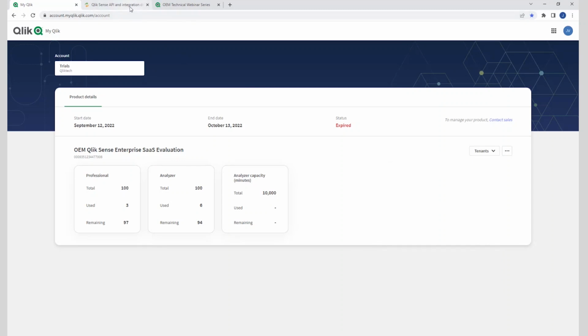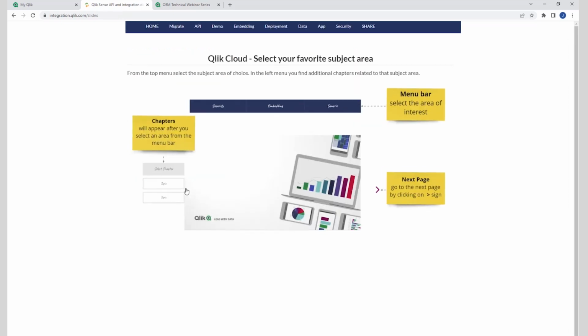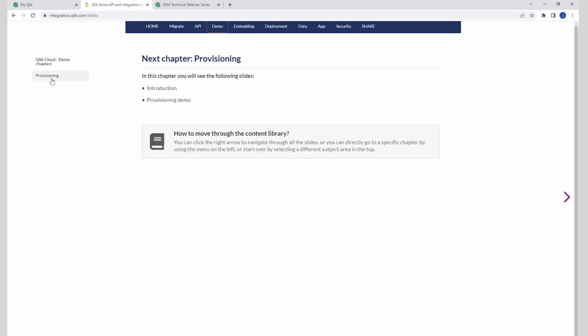integration.qlik.com, which I have here. Integration.qlik.com, many of you might know that as the integration site where we did a lot of demos in the past on how to do integration on Qlik Client Managed. We still have that just under the Client Managed menu item down here in the bottom. But now we have created a new menu for Qlik Cloud, which is the same thing just for the Qlik SaaS offering. If we go in here and go directly to the demo, then we can go to provisioning, and